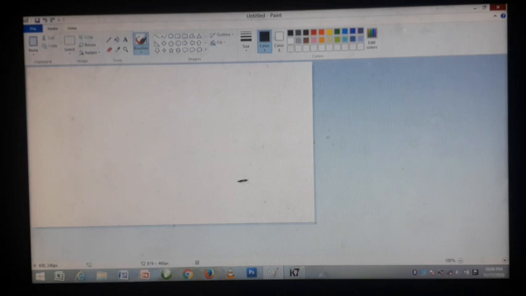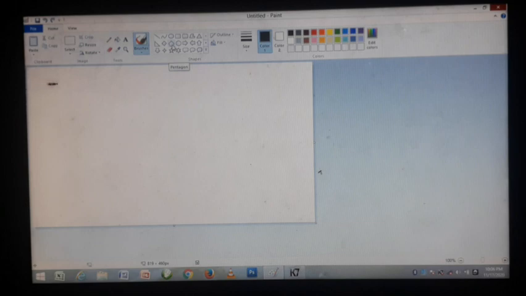Last class we discussed some tools in MS Paint. The first one is the Pentagon tool. What is the use of the Pentagon tool? The Pentagon tool is used to draw the pentagon. What do you mean by pentagon? A shape that has 5 sides is called a pentagon.